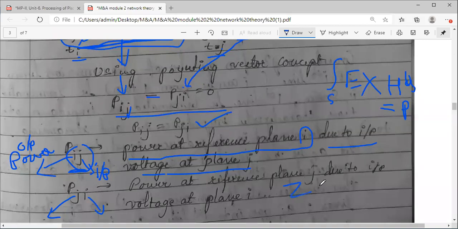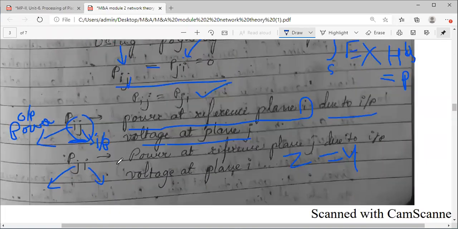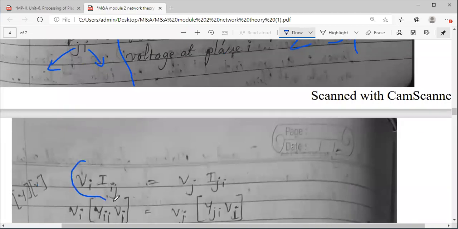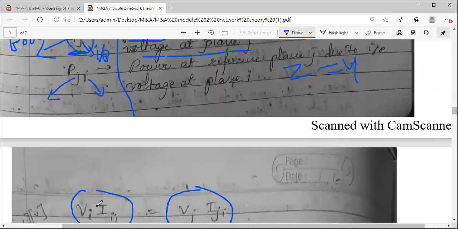Okay. So coming to this, as I told you, P equal to VI we can make use of, because finally what I want is Z equal to Y, symmetricity, where admittance and impedance both are equal. So let me just use this, Pij is equal to Pji. Instead of that, what I can write is P equals Vi. V is the applied voltage, where we are applying. Let me write here. Every time I cannot scroll. Pij, Pji. Okay, from this equation we have substituted.